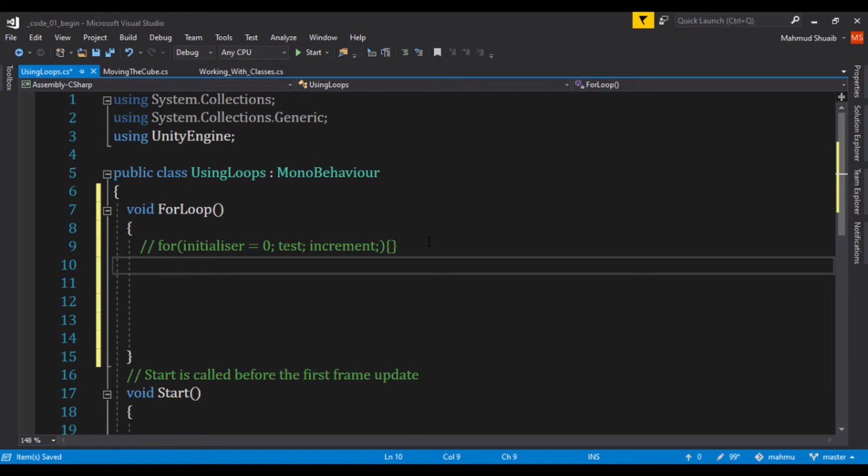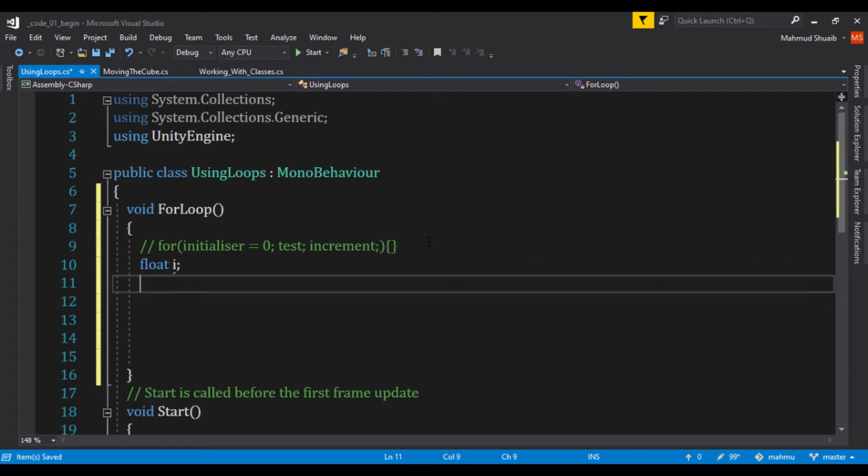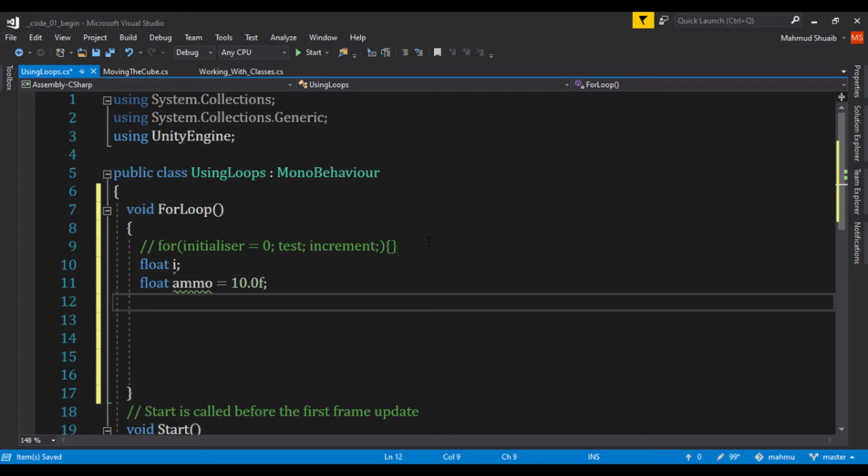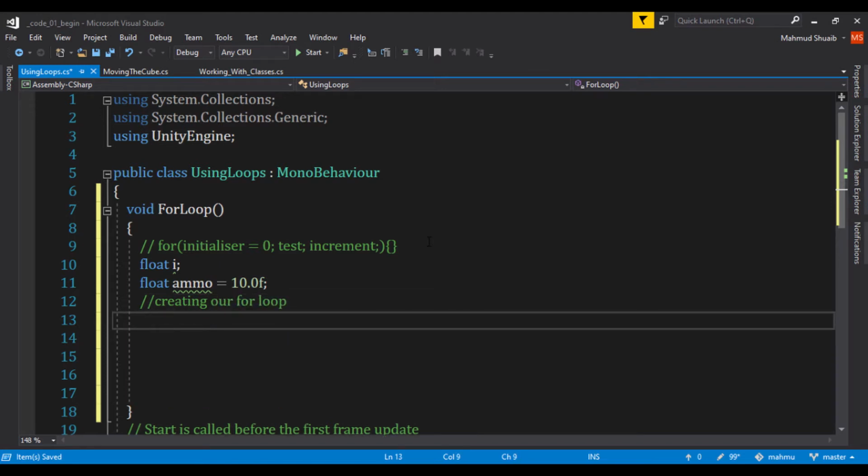So to actually use a for loop, let's do something. I'm going to say a float i, so I'm creating an empty float variable, and I'll say a float ammo and set the value of the ammo to 10. We're not using that, so that's the reason why it's squiggly. Let's go ahead and create our for loop. Simply what this for loop is going to do is count from 1 to 10